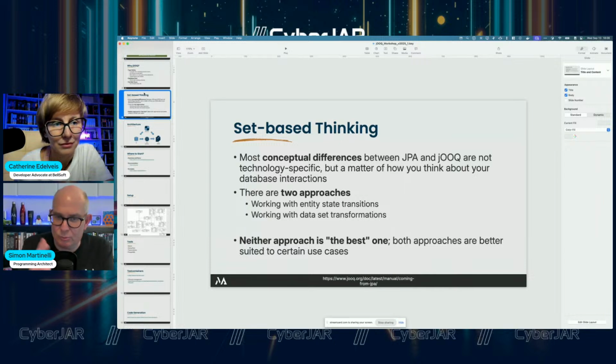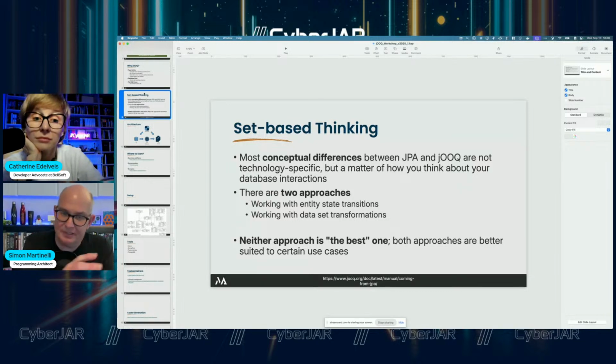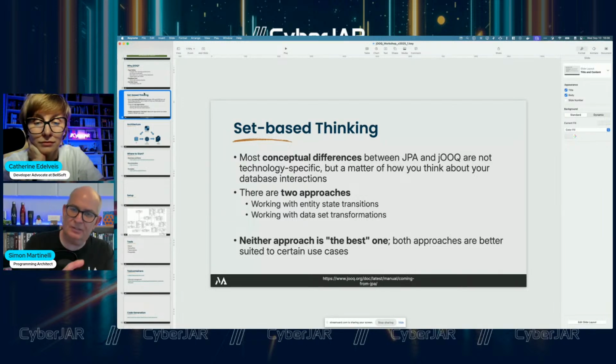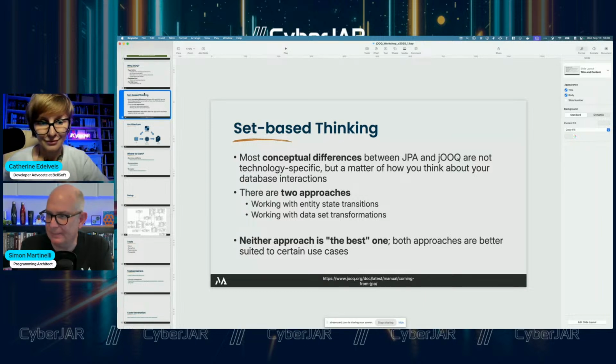But you can also do domain-driven design with jOOQ. You don't need Hibernate to do domain-driven design, by the way, because there you may have entities, but these entities just result in the call of a repository in the end, and this could be done with jOOQ. But I would do it the other way around. If I have a SQL database, I always use jOOQ by default. And if I see an advantage in using JPA, I could add JPA. But by default, my default is jOOQ and not JPA.